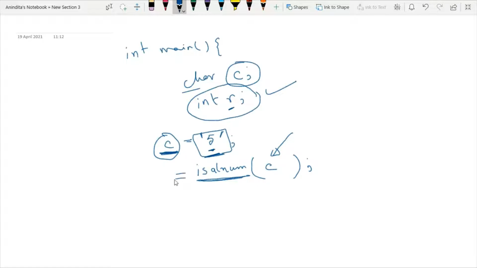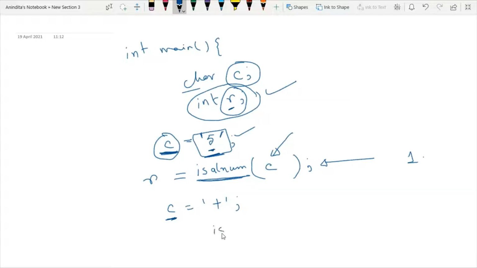And then it will return the result within r. And we know that the result will be either 1 or 0. And we know that since 5 is an alphanumeric character, the output of r will definitely be 1. However, remember one point, if I pass, say, plus, so within this character variable c, I am passing plus.